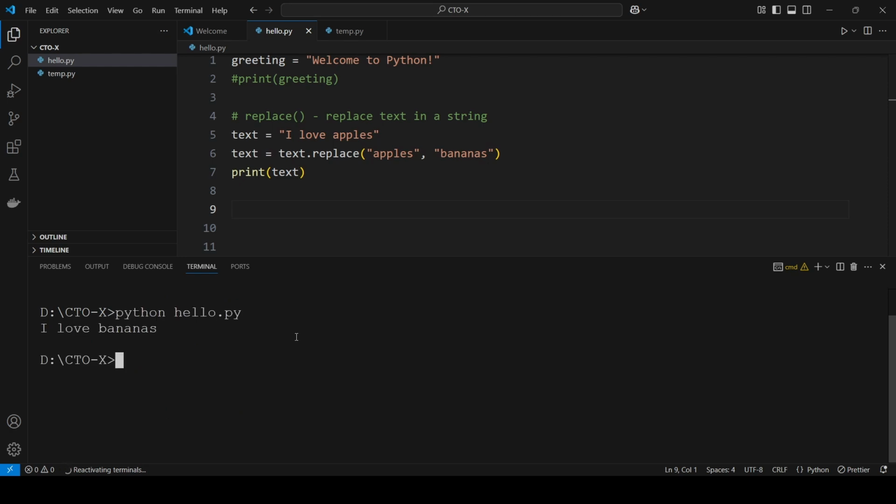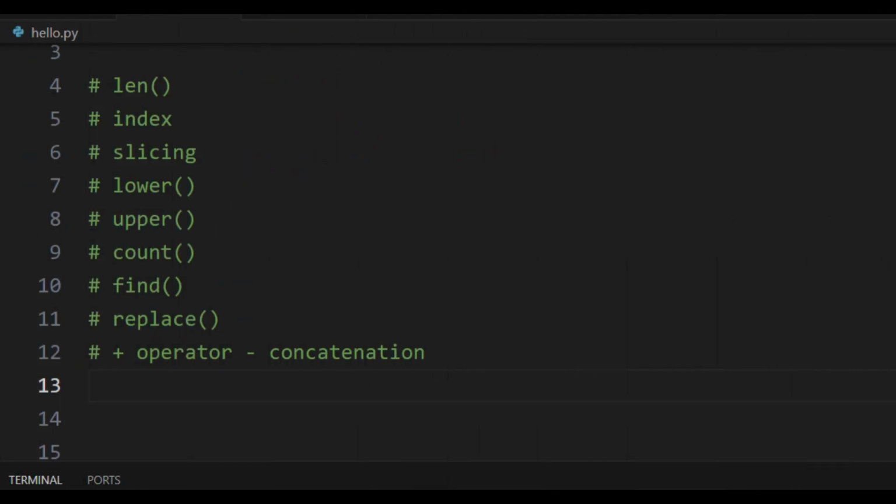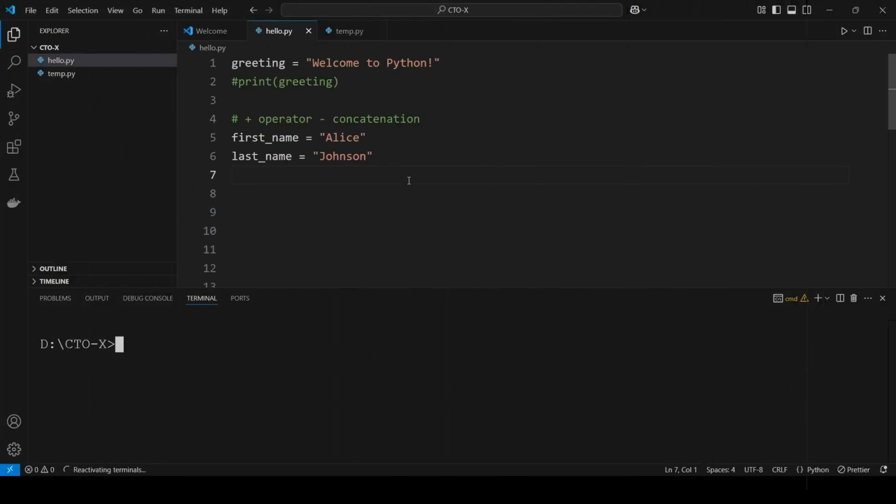Let's move on to another common operation, combining strings. In Python, we can concatenate or join multiple strings together using the plus operator. For example, if I have 2 variables, first_name equal to Alice and last_name equal to Johnson, I can join them by writing full_name equals first_name plus a space plus last_name. The extra space in between ensures there's a gap between the 2 words. When printed, it correctly displays Alice Johnson. However,